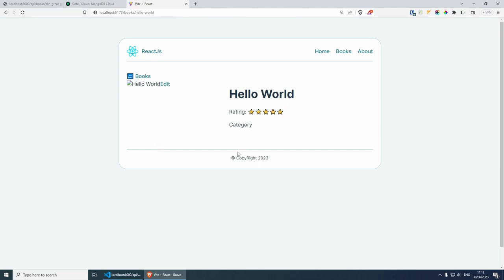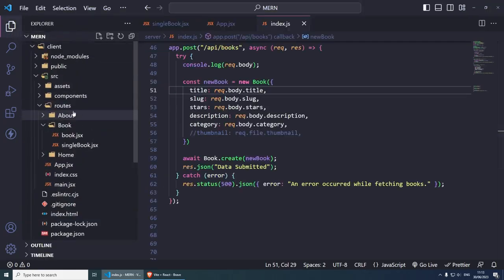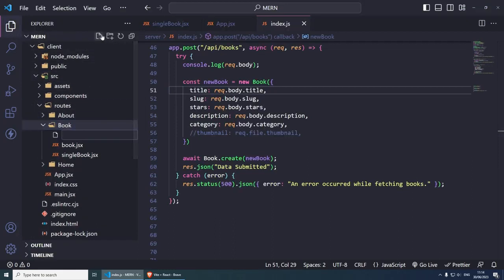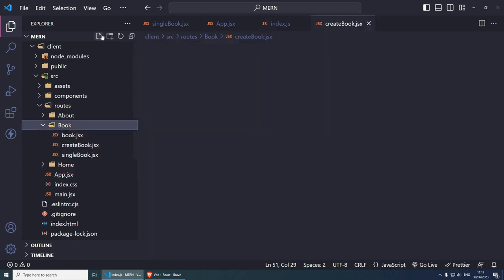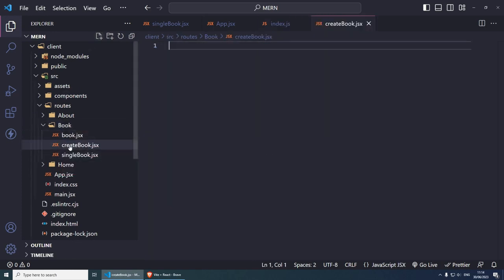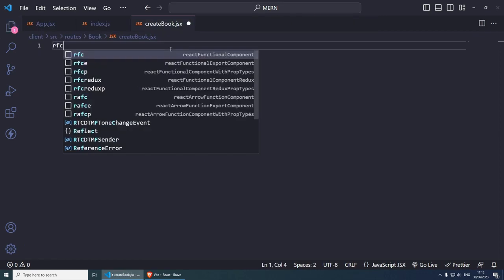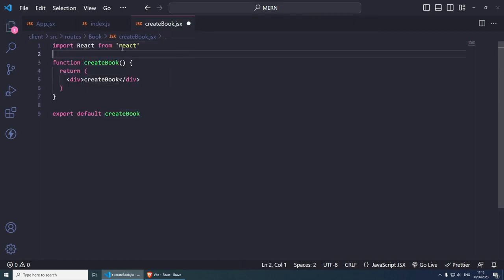Let's have a look at how we can do this in React.js, and then we'll bring in the image as well. Okay, let's create a new route. Inside React source books, I'm going to create another one called createbook.jsx, and this is going to be very similar to the single book. Open the createbook.jsx, let's do rfce, and then from here we import React, and we're just going to import the useState,